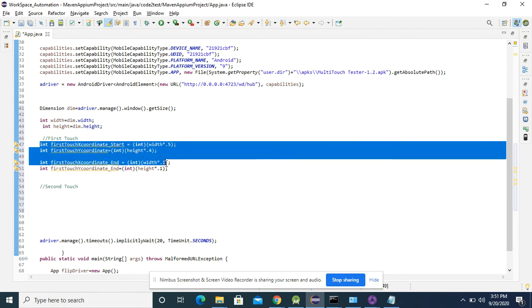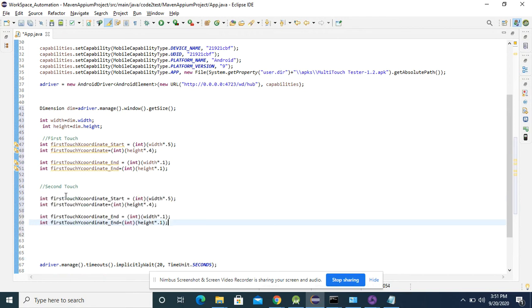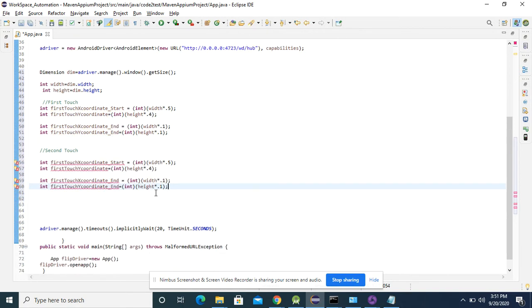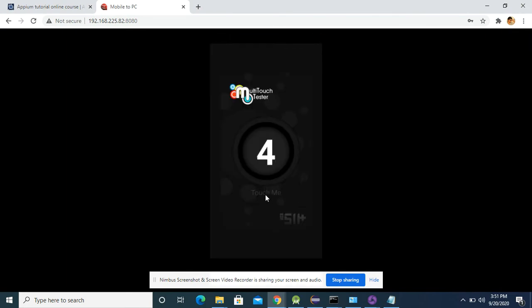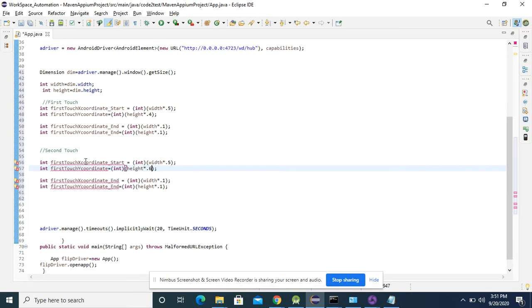Again, I'll be doing the same thing. Just need to change the locate width from where I am taking the x and y coordinates. For x and y coordinates for my second one, I am taking 0.5 again and taking a height at 60% of my height, somewhere over here, somewhere 0.5 over here, around 60% of my height over here. So this is my second touch x coordinate. Start one.